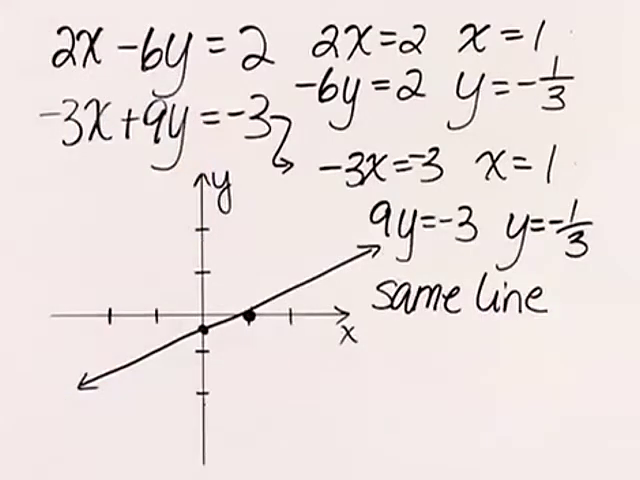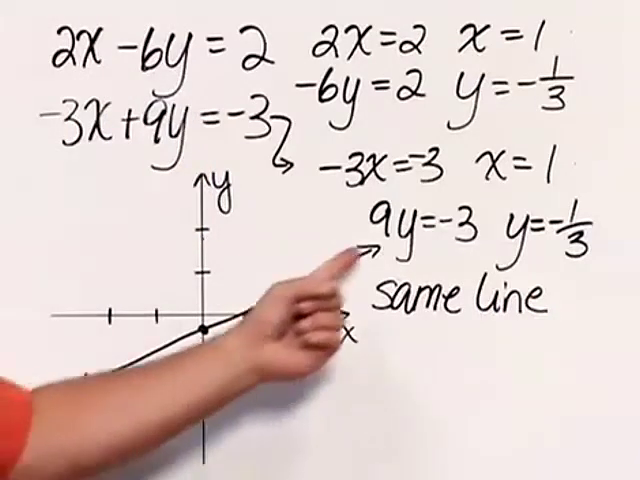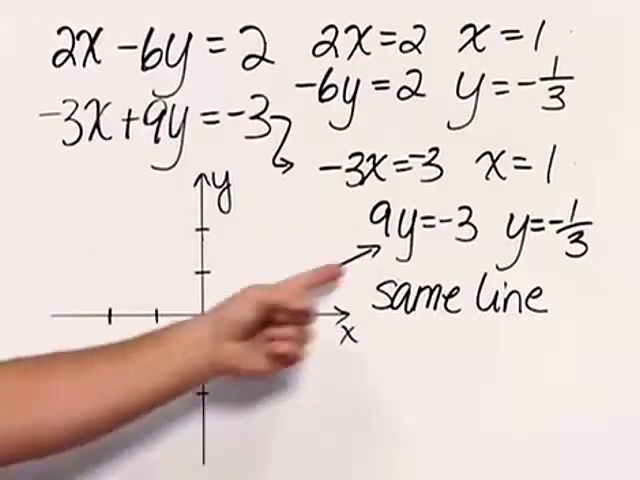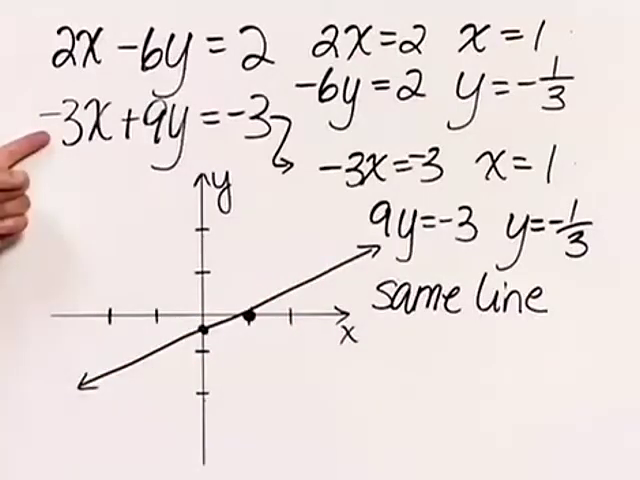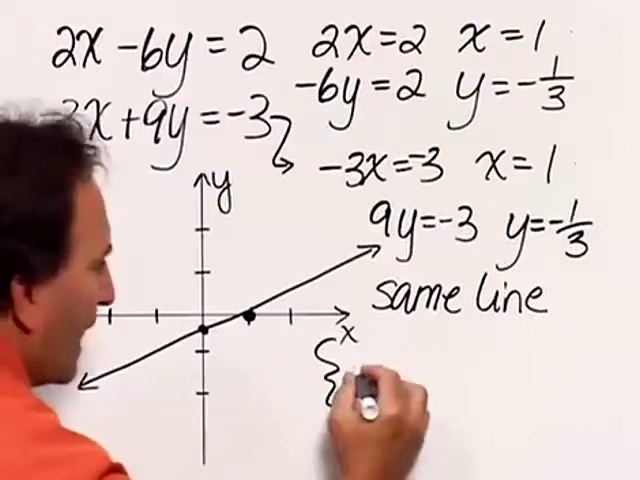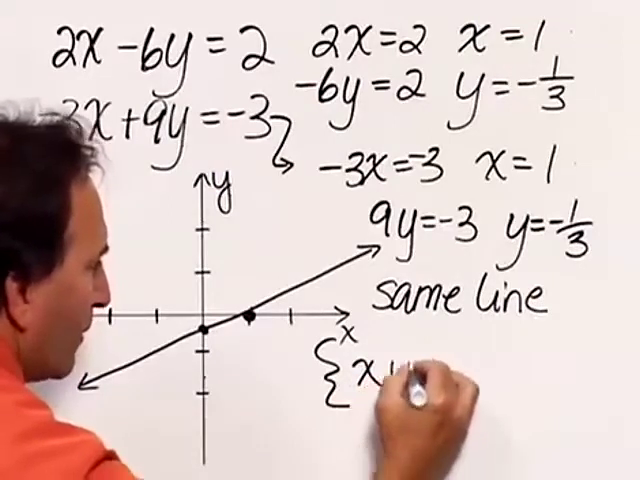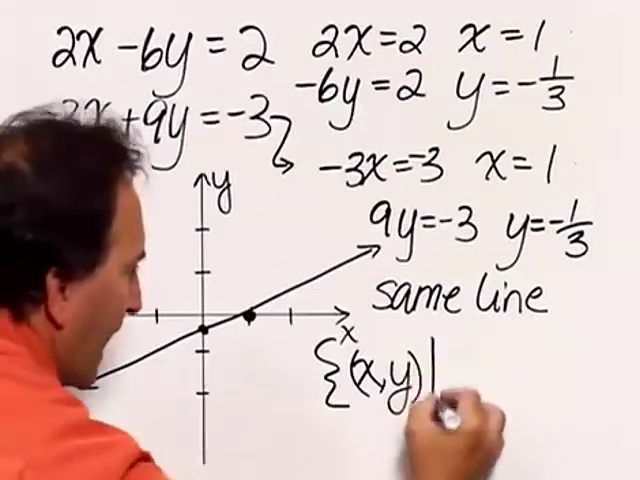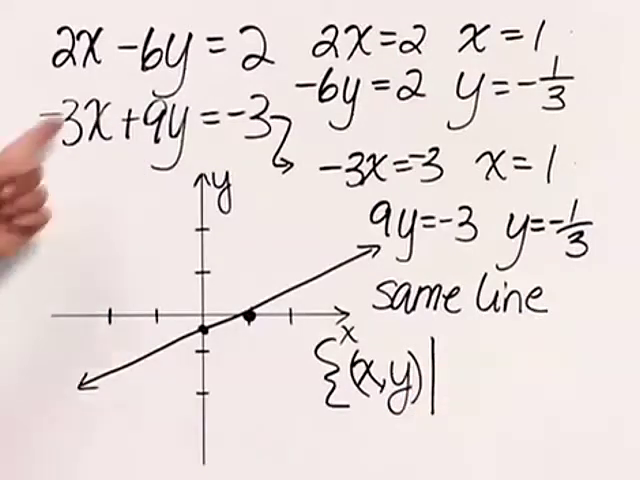In this particular case, that means every solution that works for the first equation will also work for the second equation. So the way we write that solution is x comma y as an ordered pair, such that, and we just need to take one of these equations and